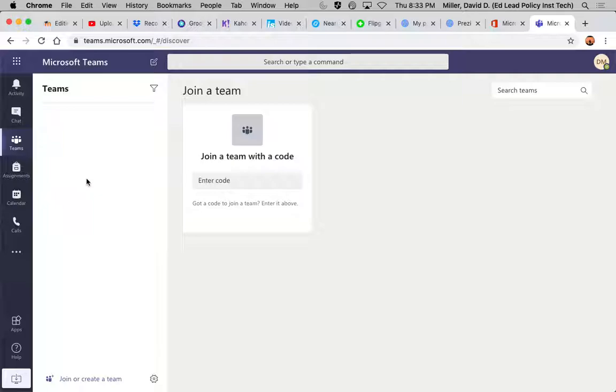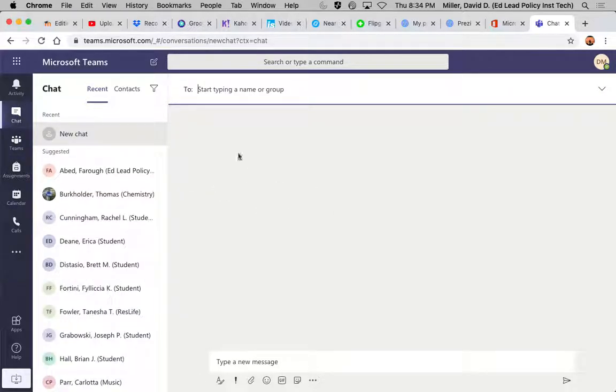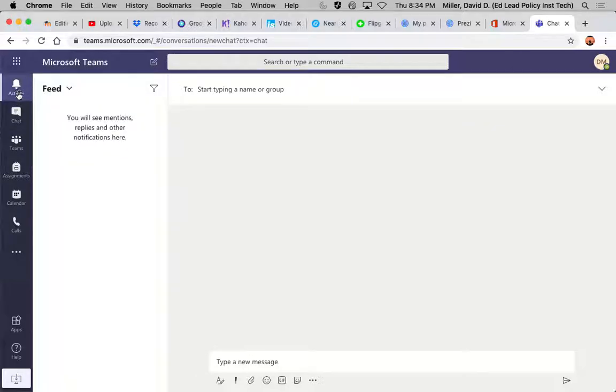In our school district, PowerSchool automatically creates teams, so that there's a bridge between PowerSchool and Teams, so that if a student is added in PowerSchool, they automatically are added to your team. But a teacher can also create teams. So if you've got a club or an activity or a small group of students that you want to set up a team for, you can do that. You've got sort of text chatting as an option, and other activities and things like that.